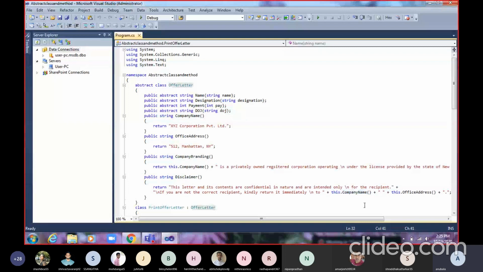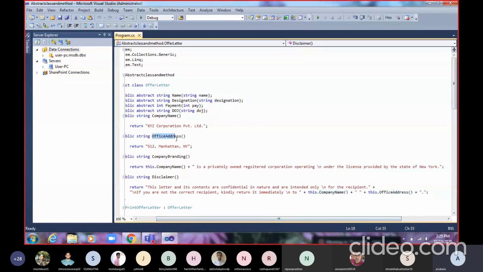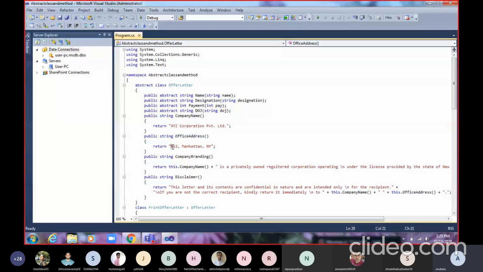So to access the company name, again I need to call this method, company name. How will I call it? I will use the keyword this, the current object, and call company name and office address. Office address is this method, and it will print this statement.